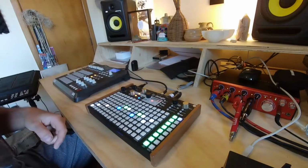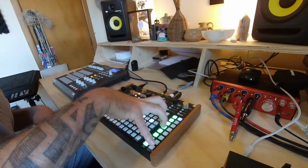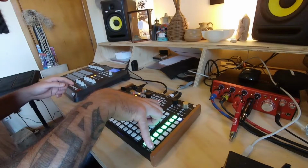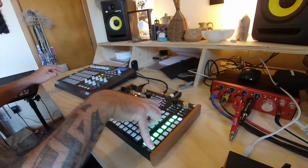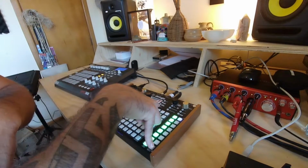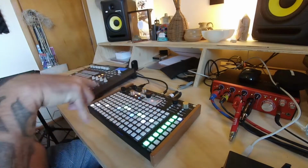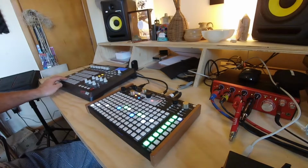So what I want to do is put one finger down on the learn, one finger on the audition pad that I want to MIDI sync, and then I want to hit the pad over here on my MPD, and then you'll see that that button is now flashing a white color. I can let go of that now, and you'll see when I hit my MPD over here,